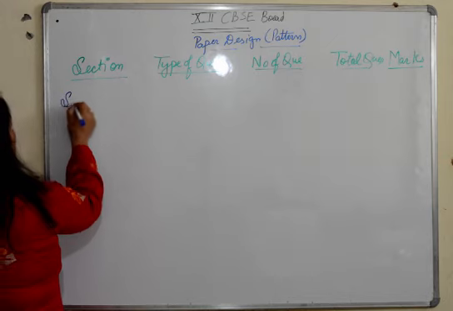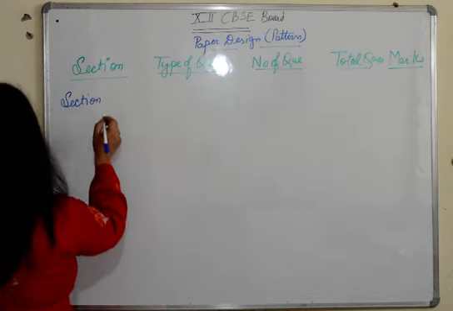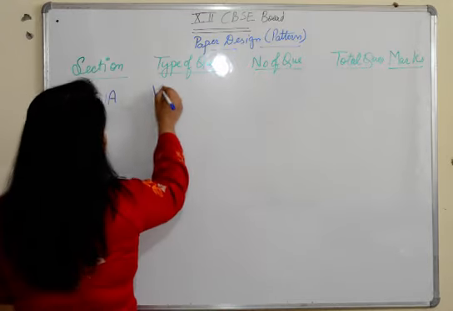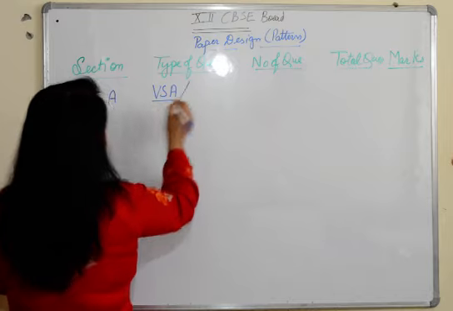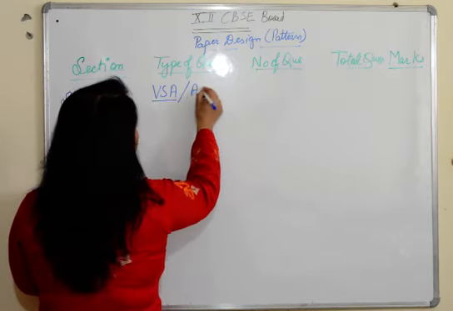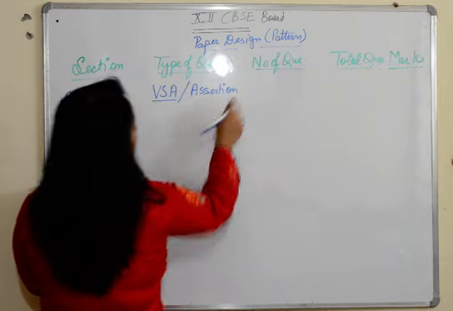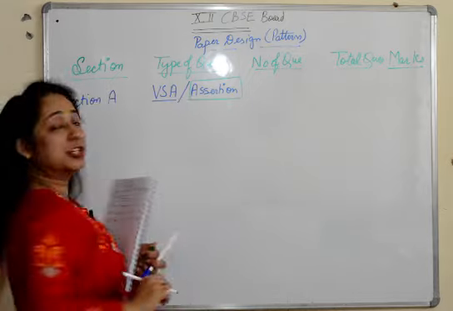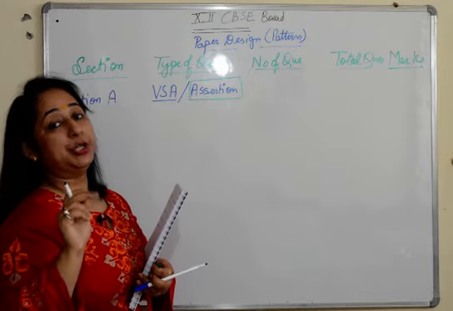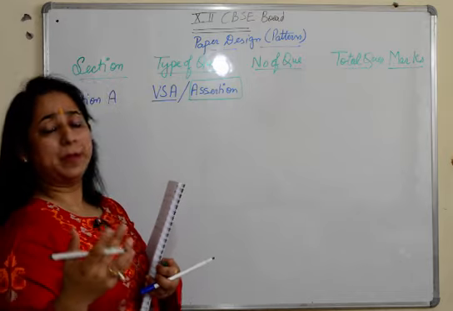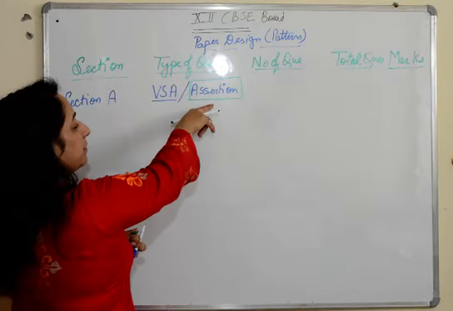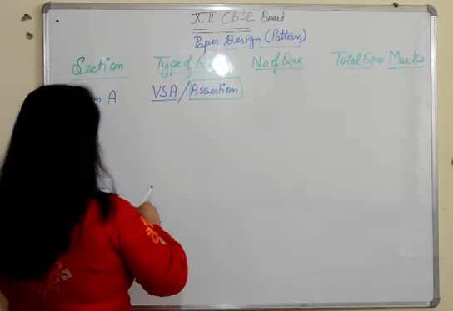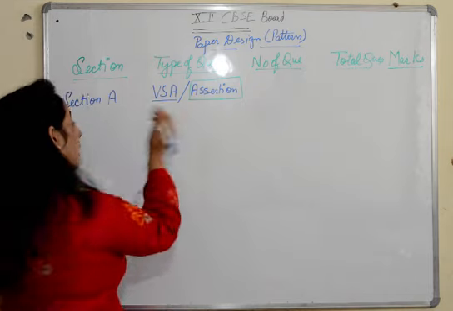Starting with the sections. Section A. The question types in section A are very short answer questions and assertion questions. Now this assertion is a new addition to your paper. If you have given your pre-boards or they are going on, your teacher must be giving you these assertion type questions. Plus, in this section only you are going to get